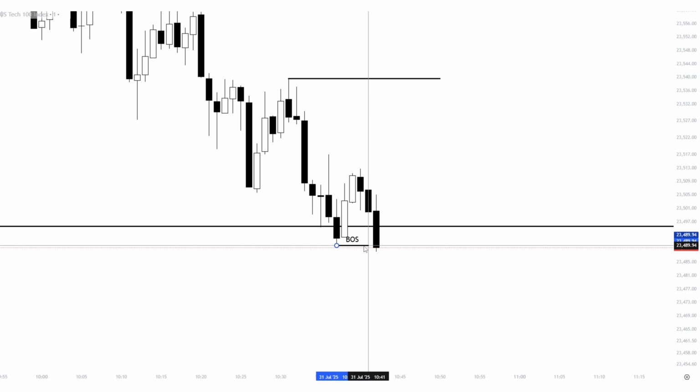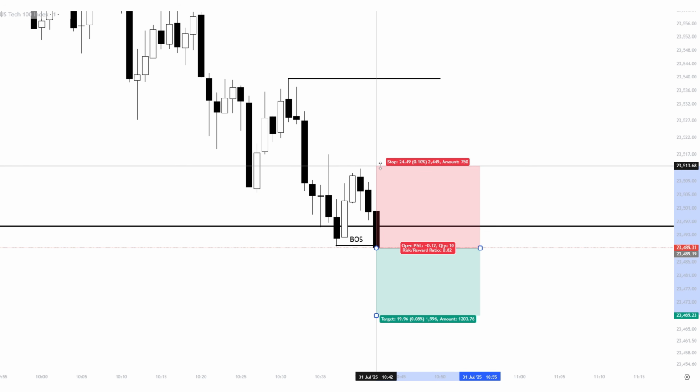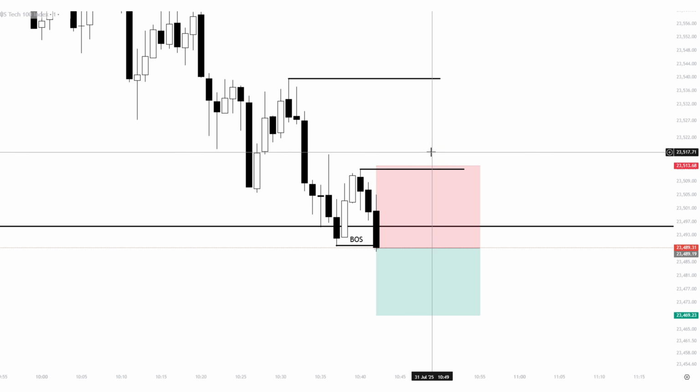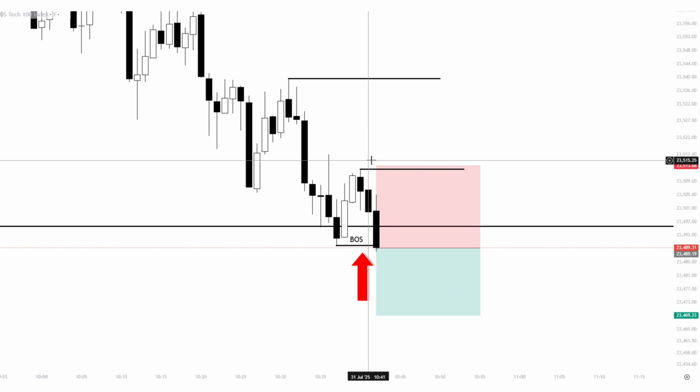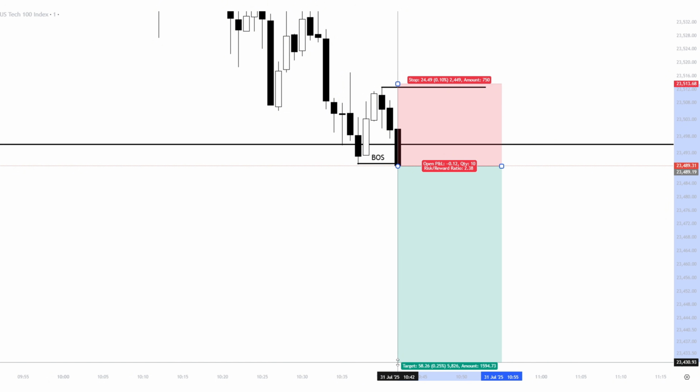Now the first larger bearish candle from the recent move just formed, so this candle could be used as an entry, with the stop loss above the past lower high, because keep in mind that after the break of structure, we validated a new lower high. So basically this lower high has held, and now we've formed another one, that we hope it will hold as well, because that will avoid a stop loss,